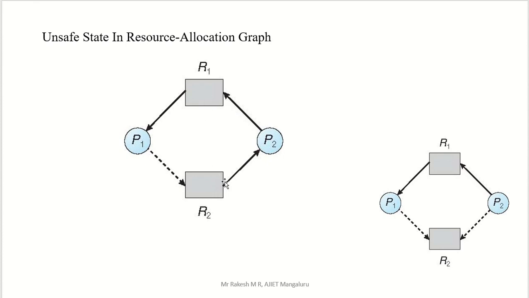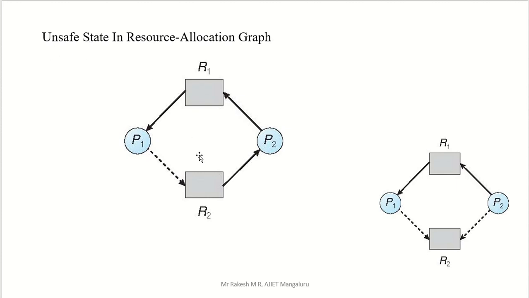So we can't allocate this resource to P2. That is the meaning of this. Here the claim edge is there. We can't allocate R2 to P2. Also we can't allocate R2 to P1. If it is allocated to P1 or P2, there may be a chance of an unsafe state,